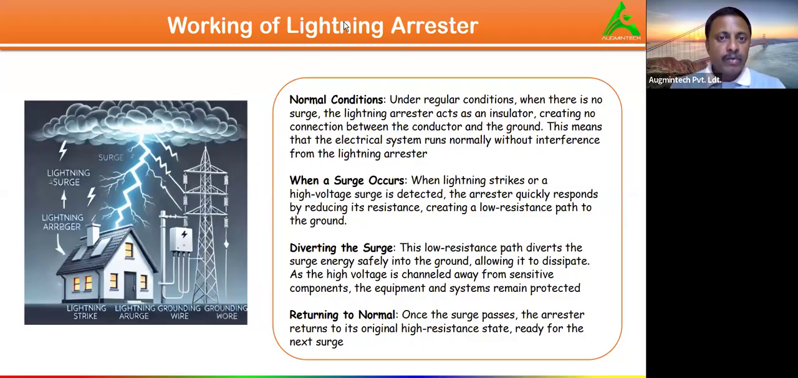So it's going to reduce its resistance, and it's going to create a low resistance path to the ground. And then we have to divert this surge. How would the surge be diverted? Through these down conductors. That means the down conductor should have a low resistance path, so that it diverts the surge or the lightning strike safely into the ground,